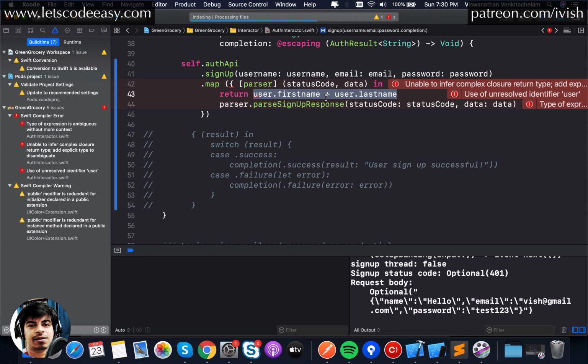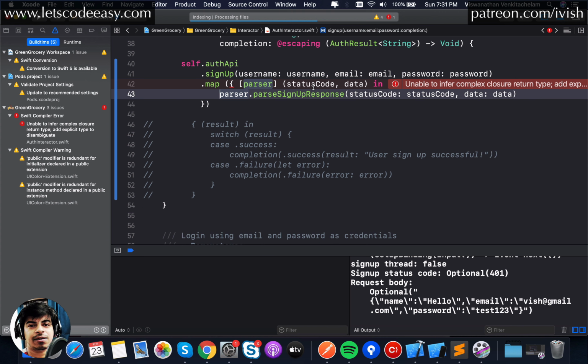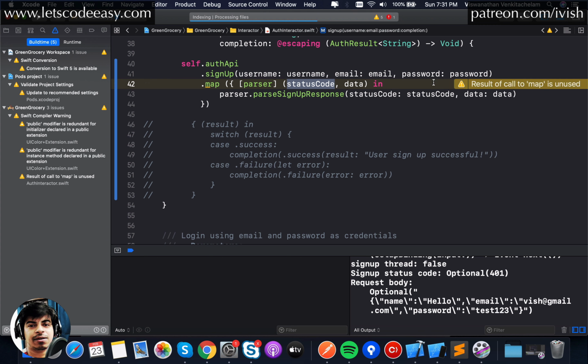Let's say first name and last name combined together into something like this. So this is where I use a map. But when I am passing some variable from one function which is returned as an observable, and I have to pass this to another function which is actually creating a new observable, then at that point I will use flat map